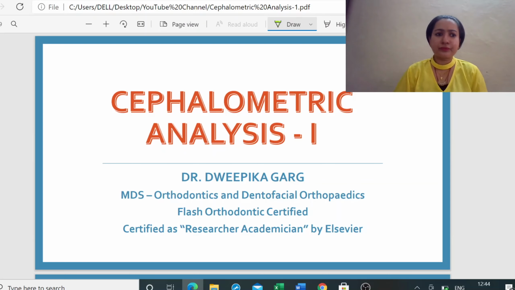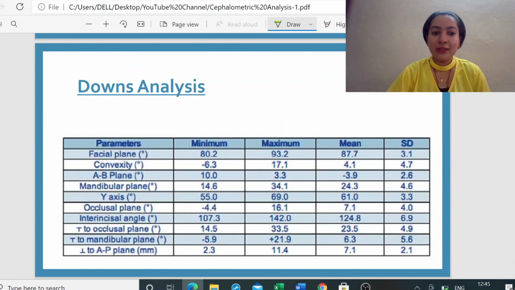Okay, so I'm sure all of you must have done analysis in third and final year. But just doing the analysis is not enough for your NEET MDS examination. You should be very much thorough with the interpretation of it. If this is the normal range and we are exceeding the range, what does it imply? If it is below the normal range, what does it imply? So the implication of each analysis is of primary importance, and that is what we would be covering in this. So let us start with the first analysis. The analysis which we are covering today is Downs analysis.